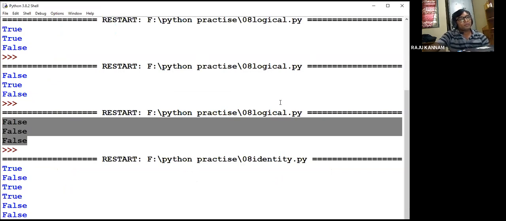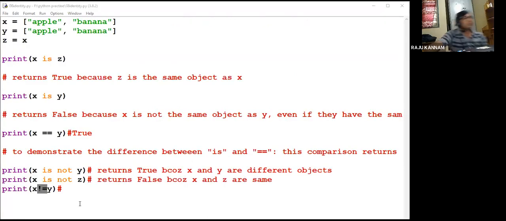Okay, fine. I hope you understood the difference between the identity operator and the comparison operator. Okay, any doubts till now?